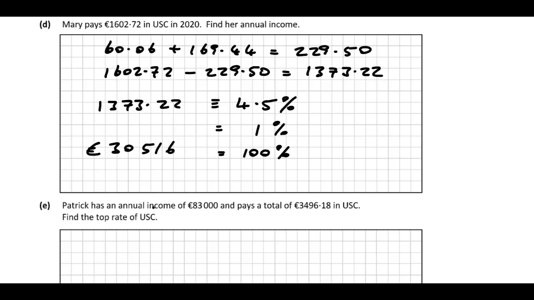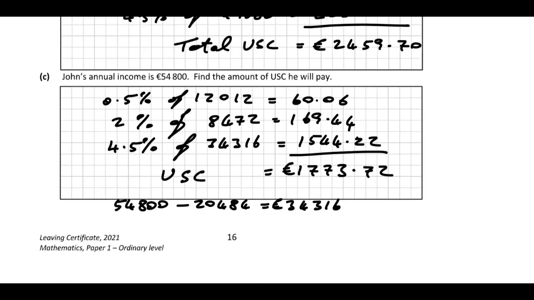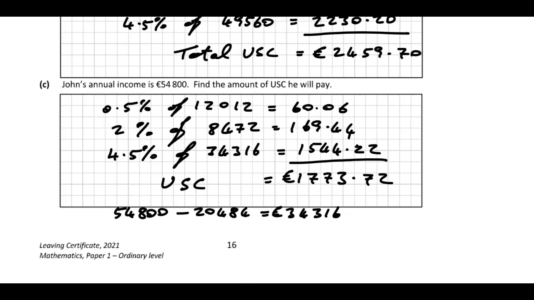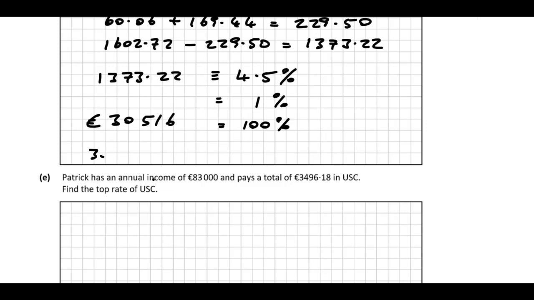Now this is the amount that she's earning at this level here. So what we've got to do is add these two amounts. So we're going to take the 30,516,